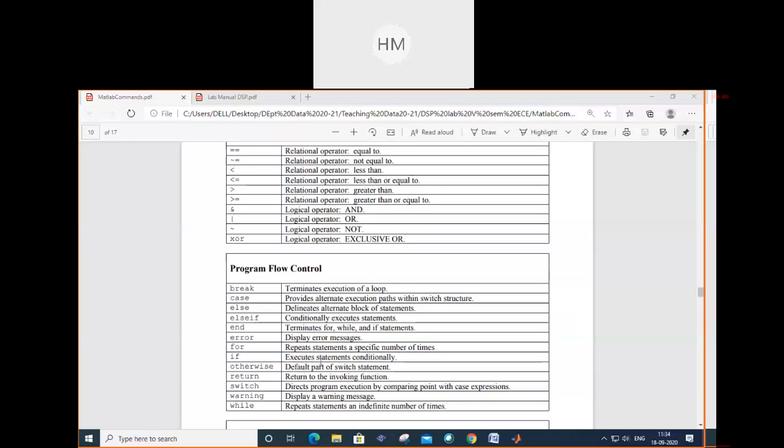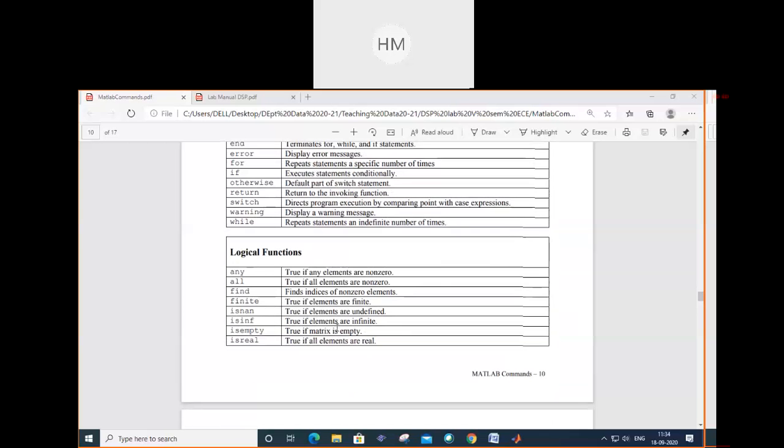Execute statements conditionally: if, otherwise, return, switch, warning, and while. These are the program flow instructions. Logical functions are generally not used in our program. Finite we can use: true if elements are finite.